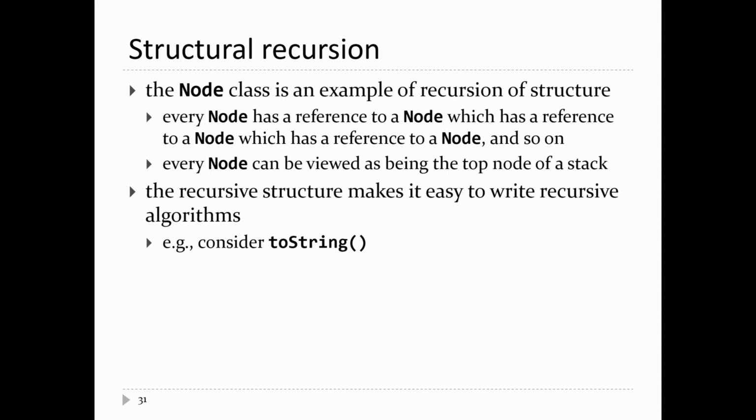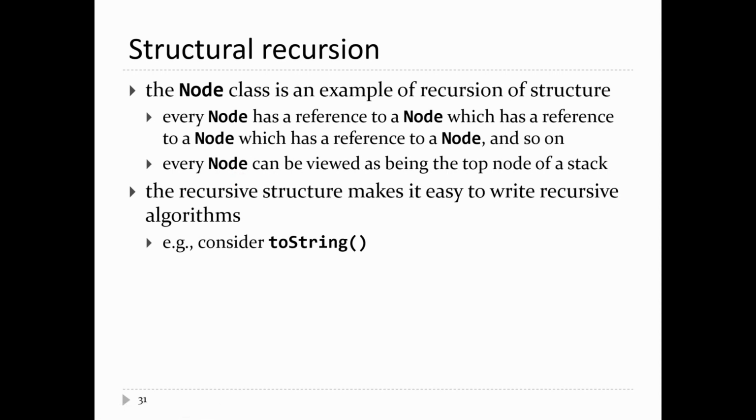Like every other recursive algorithm or structure, the recursion has to end at some point. The way that recursion ends for our node class is that eventually you get to a next link that is null, indicating there are no more nodes in the sequence. Because of this structural recursion,